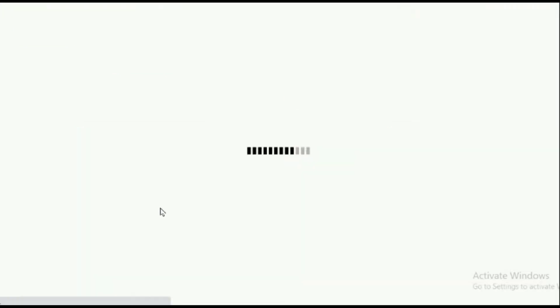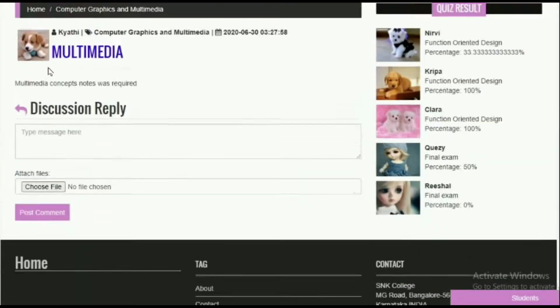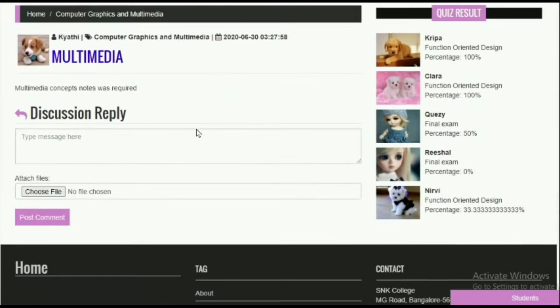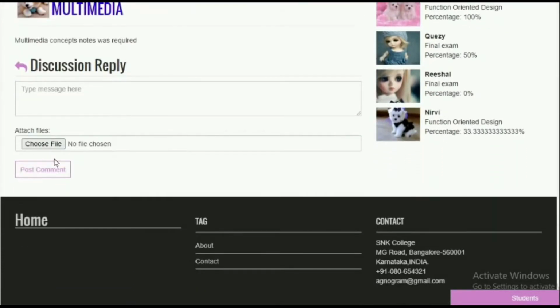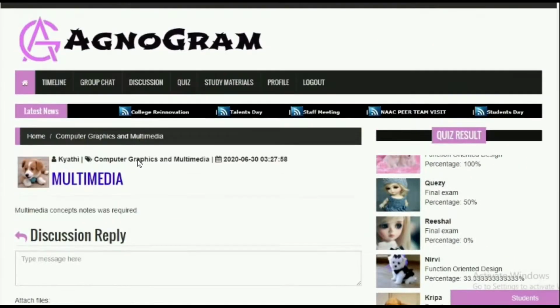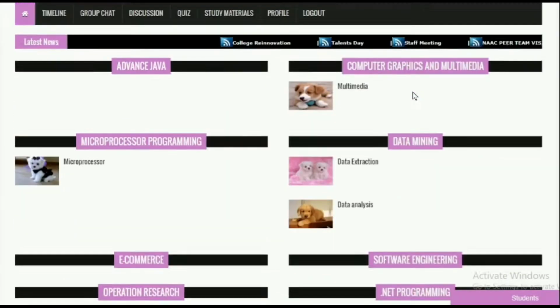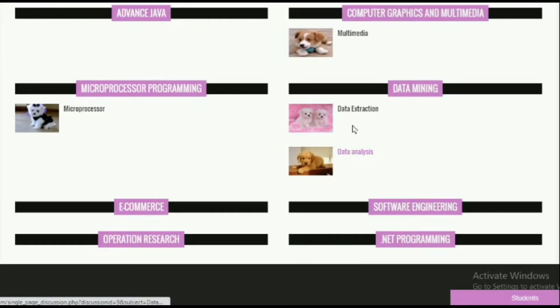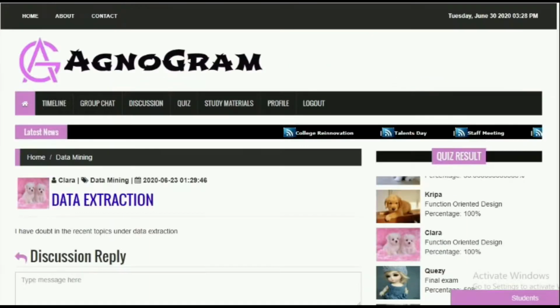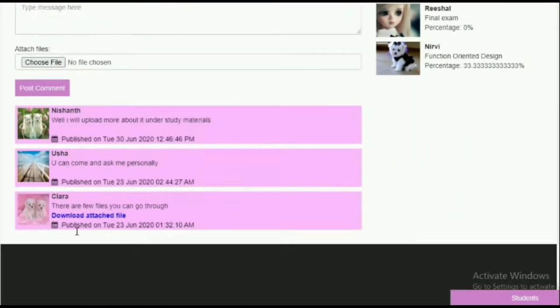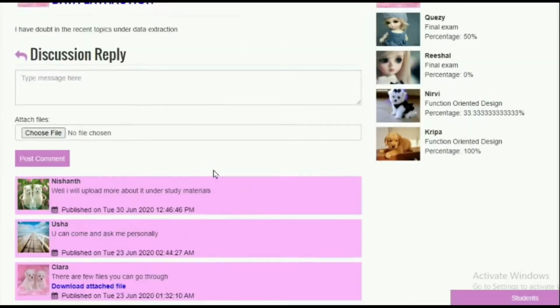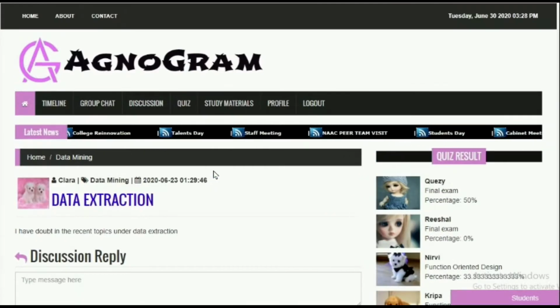They can view their descriptions added. They can also view the timings. In view discussion, they can also reply to the discussion of others.